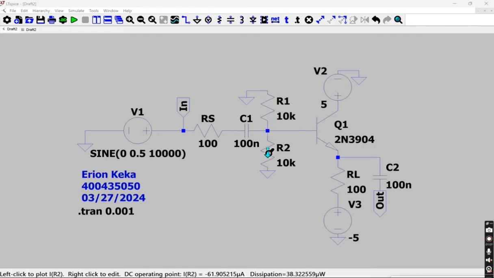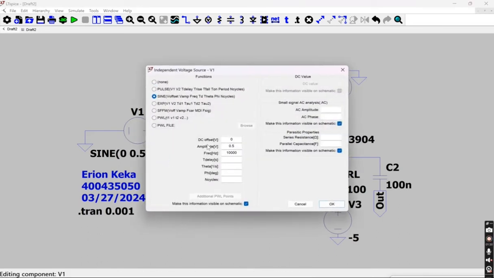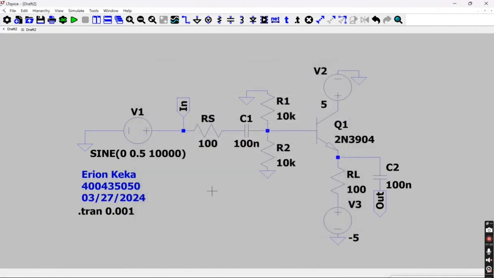At the base, we have two resistors placed in parallel, R1 and R2, both of 10k ohms. They are both connected to ground. They are then connected into C1, which is 100 nanofarads. Then we have an R source resistor of 100 ohms. Then we have an input voltage, which is a sinusoidal waveform of 0.5 volt amplitude, with a frequency of 10,000 hertz. The 10,000 hertz is selected to improve the results of our simulation,